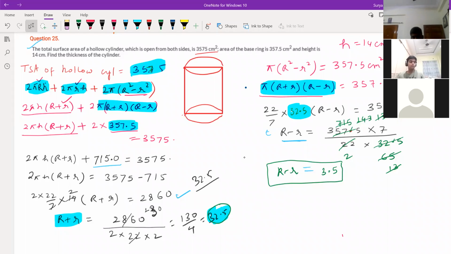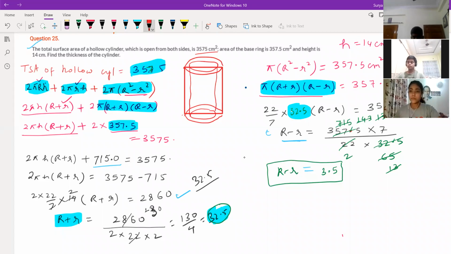It's having some thickness. It means I'm just making one cylinder here inside, which is hollow from inside. It's having two radii. Okay, a hollow cylinder will have two radii. This is the thickness of the cylinder. So as I already told you, the total surface area of the cylinder is how much?